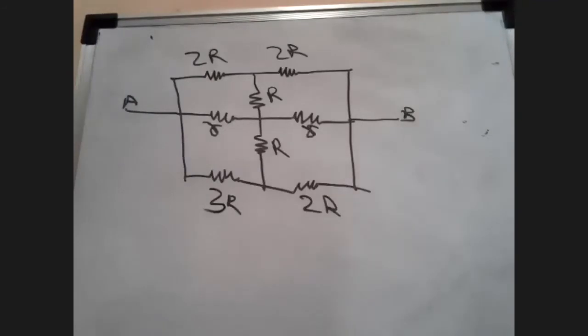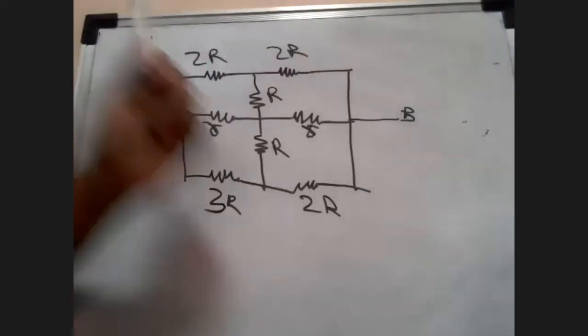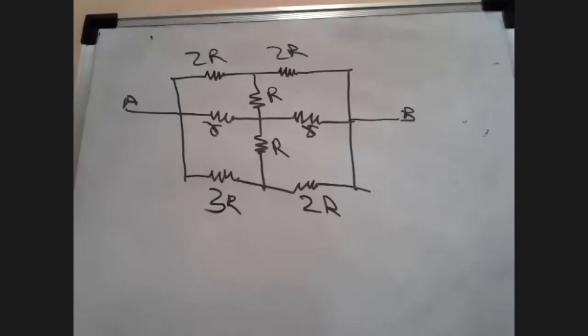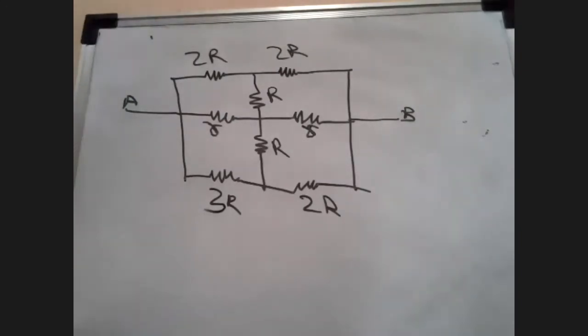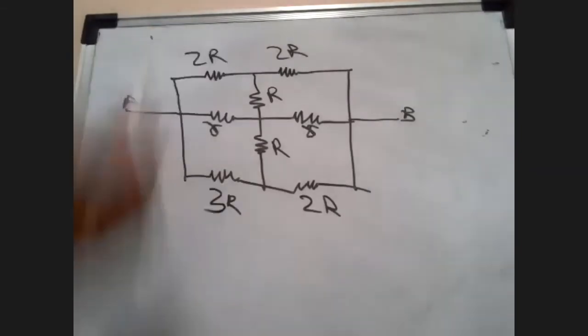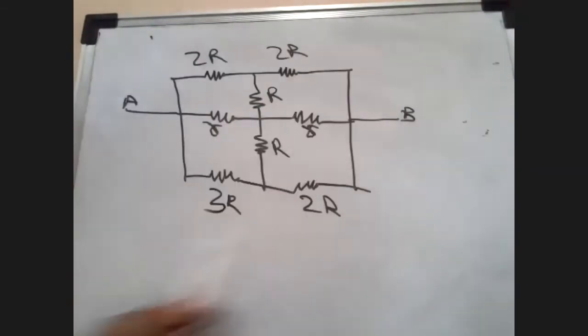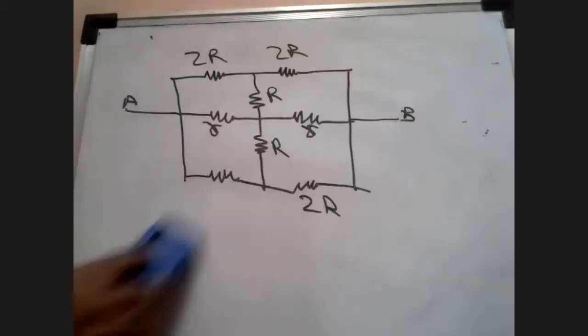That will absolutely be wrong. And expect such sums in your board exams. Expect them in your competitive exams. They will give you a symmetrical diagram, complete at one point, and they will write some resistor which is different. If you apply the Wheatstone bridge concept, you get a wrong answer. So always look for the resistance values also. Don't just look at the symmetry of the diagram. That is also something to be understood.